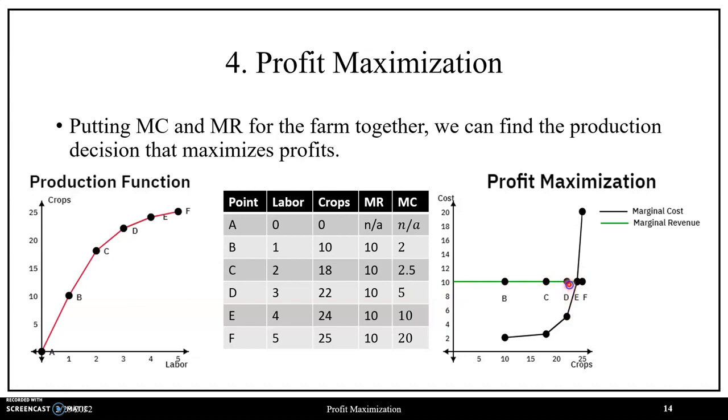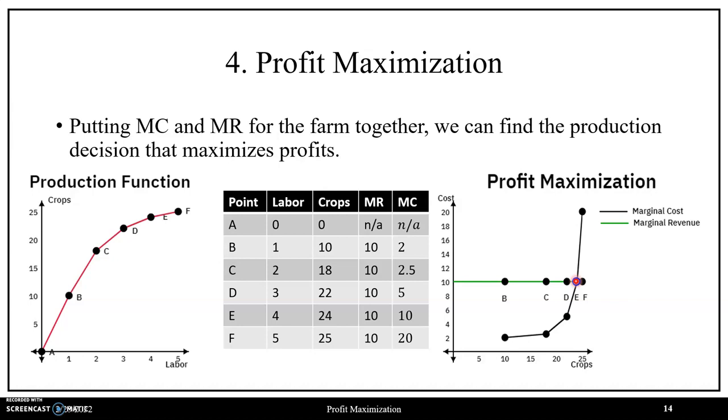This firm has additional incentive to produce more, so they'll consider point E, where at point E, this farm is using 4 units of labor to produce 24 crops, where we see that marginal revenue is 10 and marginal cost is now 10. And in terms of representation, we see that the 2 curves intersect, and then additional money flowing in is now equal to additional money flowing out, in which this firm no longer has incentive to produce more or less of the good or service, and they'll cease at this point,